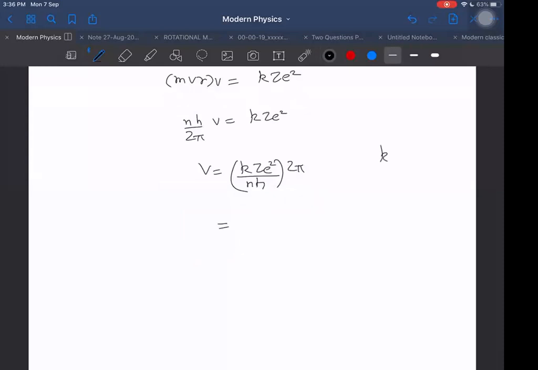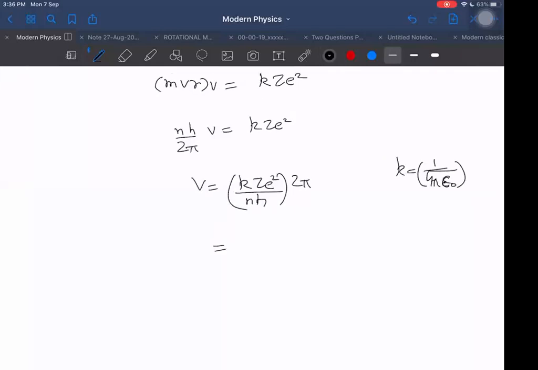What is k? 1 by 4 pi epsilon naught. Can I change k? 9 into 10 to the power 9, in vacuum. I cannot change k. Nothing like a medium. These boys are not understanding the things properly. What medium will you put in between the nucleus and the electron? Can you put some medium between the nucleus and the electron? We are discussing an electron moving around the nucleus. It will always be 1 upon 4 pi epsilon naught only, nothing else. Is it understood?